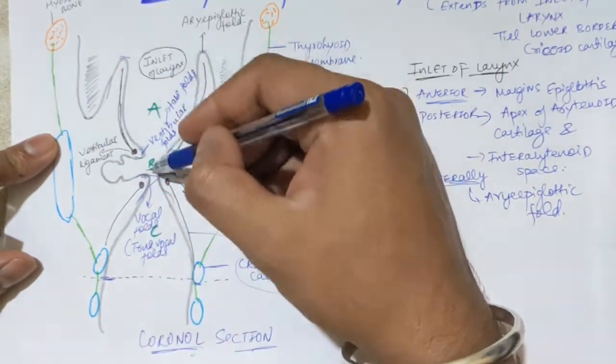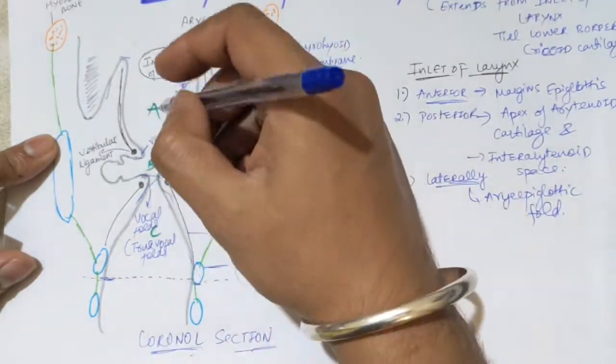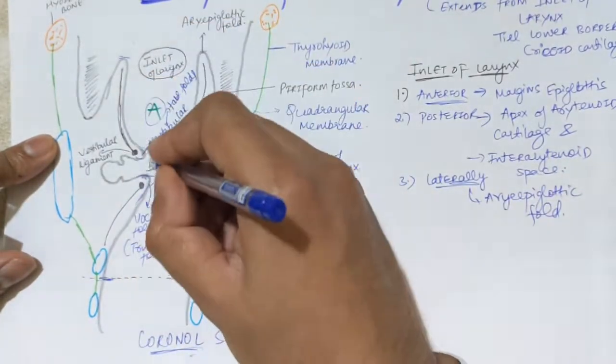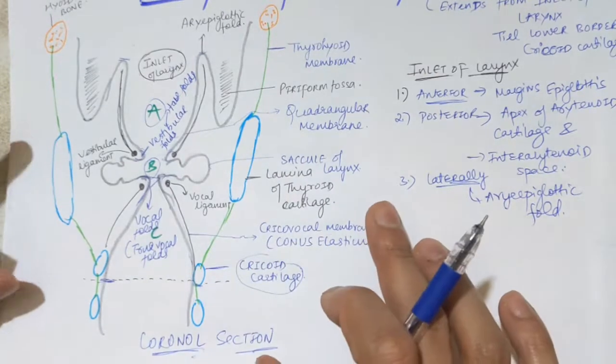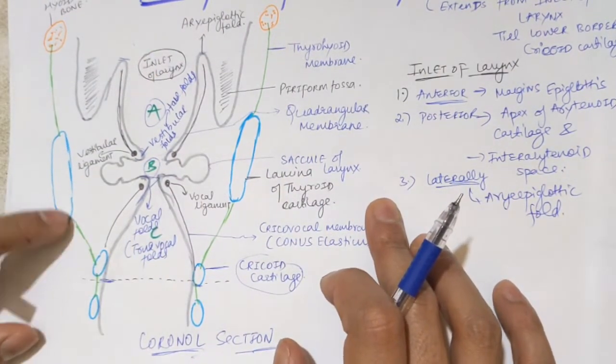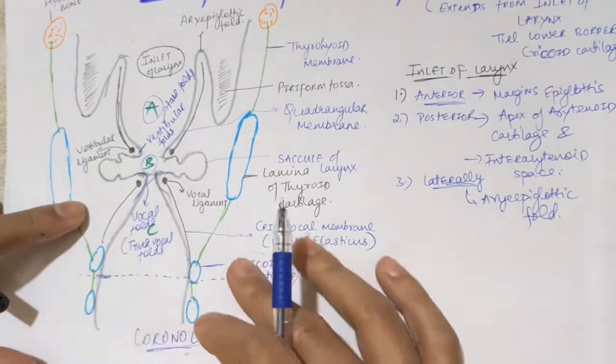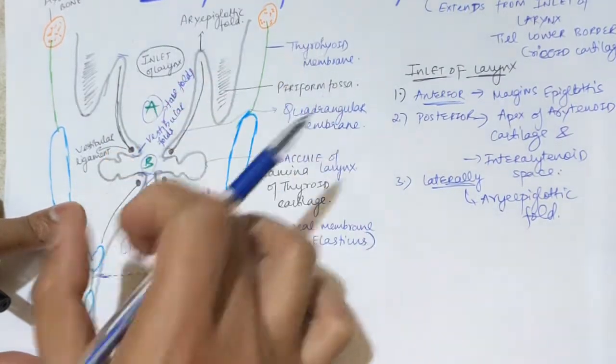You can see this A, B, C, these are three parts of this cavity of larynx. We'll be seeing all three parts further on. The basic point was that these mucous membrane folds are forming the cavity of larynx. You can see these bulge parts are the vestibular folds and these are your vocal folds. We will take the different parts and then discuss them in detail.